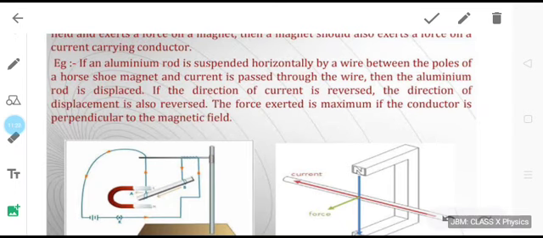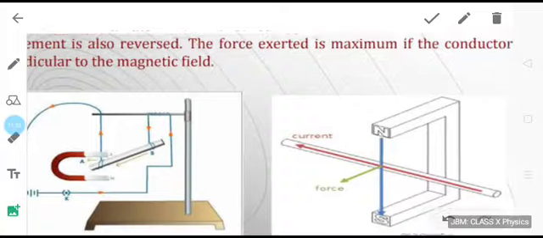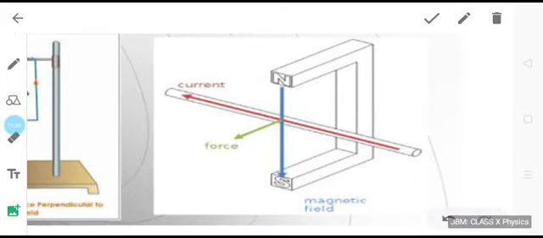Talking about the manner in which the interaction is taking place, the direction, for that you may refer to this part of the picture, in which clearly the direction of current, magnetic field and force has been shown. For the sake of simplicity, three different colors have been used: the red line shows the direction of current, the blue line shows the direction of magnetic field, and obviously the green line shows the direction in which the force is going to act on this current carrying conductor.